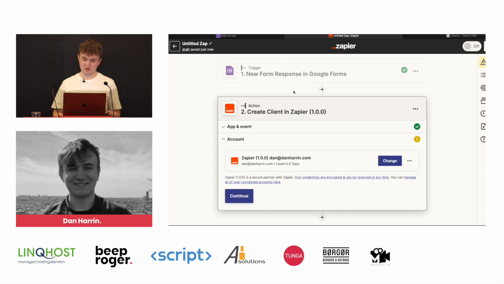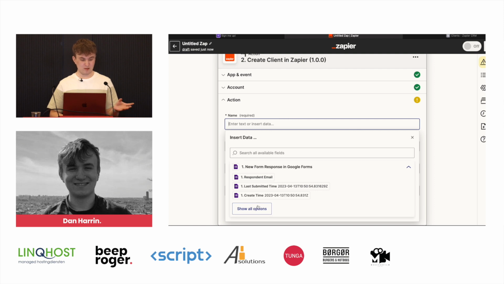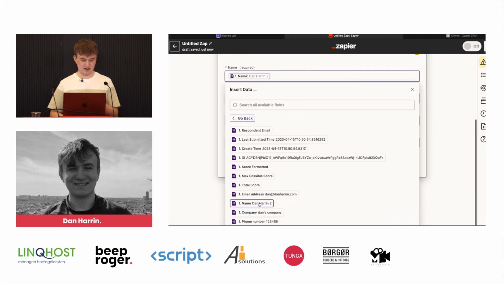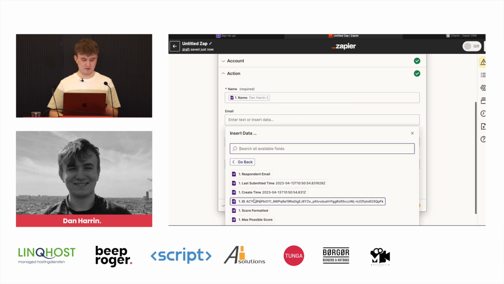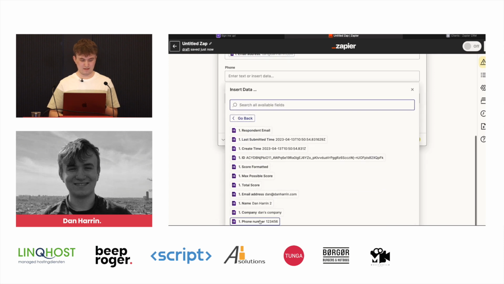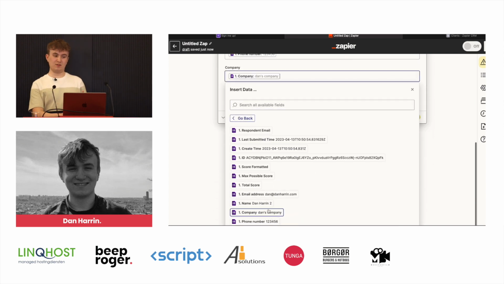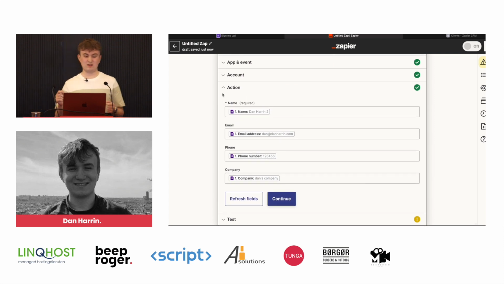The connection label is set to our email address, as I mentioned in the first part. Let's click Continue. And here we're just going to pass in the fields that we got straight from Google into our actions. So the name is going to be there, email address, phone number, and the company. Now this is a very basic form. Zapier has a lot of different form components that you could use. You can even do stuff like dependent selects. So if you select one thing, it then pre-populates a different select with different options. This is just a very simple example, just using text fields.